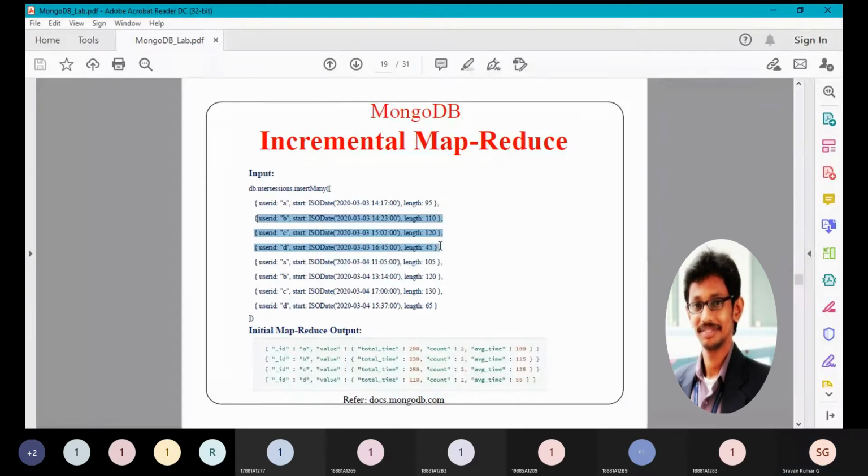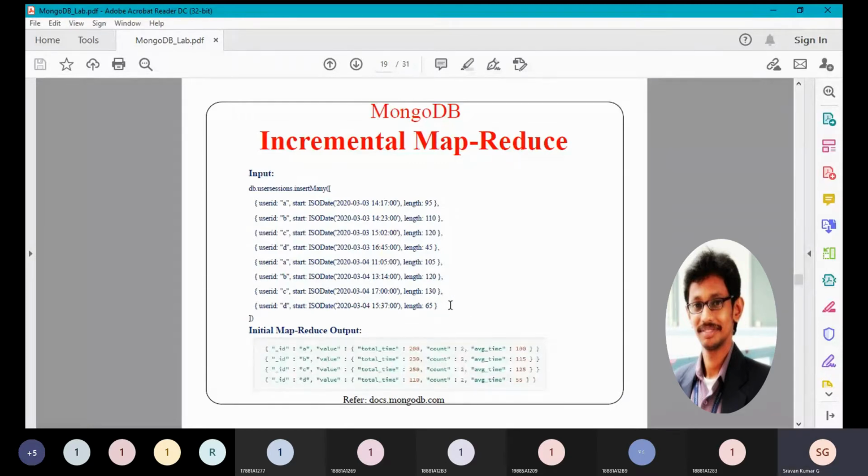Now come to the fifth document, user ID A. Again A has come, but the day is different, March 4th. The time is 11:05 and his duration is 105 minutes. Similarly, user ID B on March 4th has length 120, and user IDs C and D on March 4th have their respective durations.